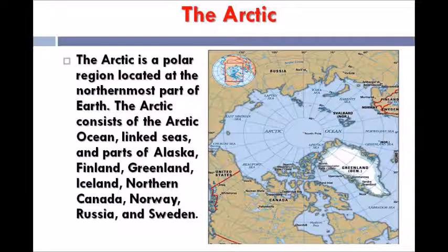Dear students, our first region is the Arctic region. The Arctic is a polar region located at the northernmost part of the Earth. The Arctic consists of the Arctic Ocean, linked seas, and the parts of Alaska, Finland, Greenland, Iceland, northern Canada, Norway, Russia, and Sweden. Dear students, you can see in the map